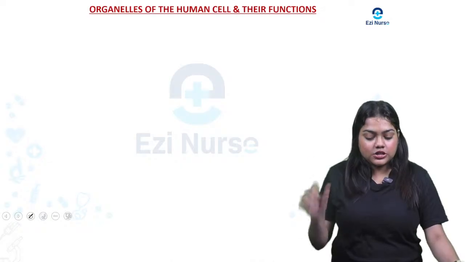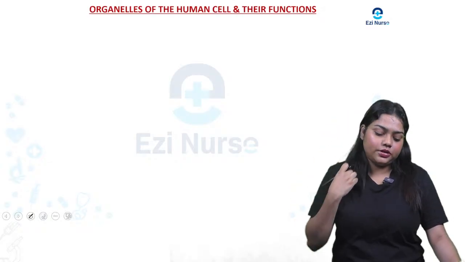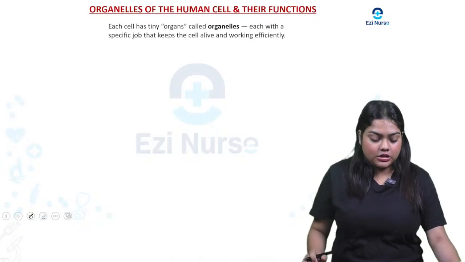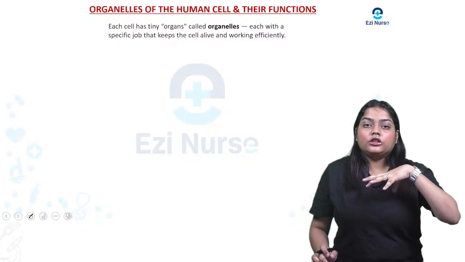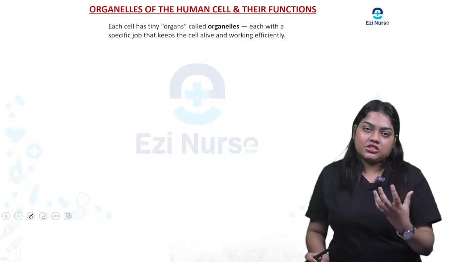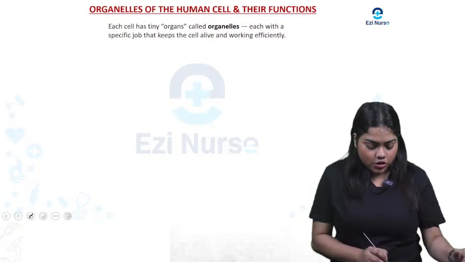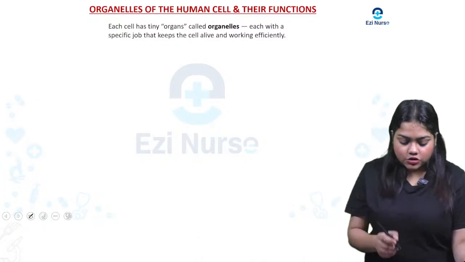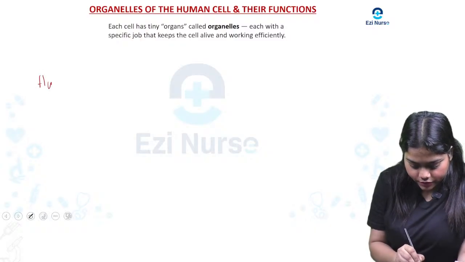So our first one is organelles of human cells. Before going deeper, we will learn about human cells. So what is this? Each cell is a tiny unit. Cell is actually the structural and functional unit of our human body. To understand, we will see, our human body